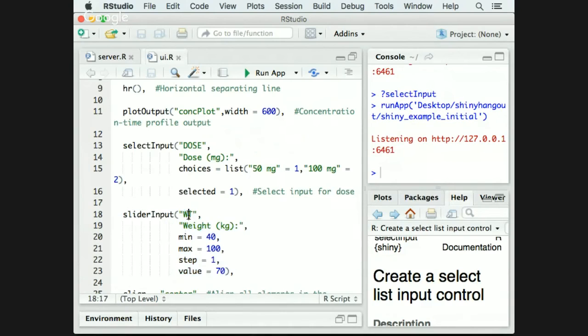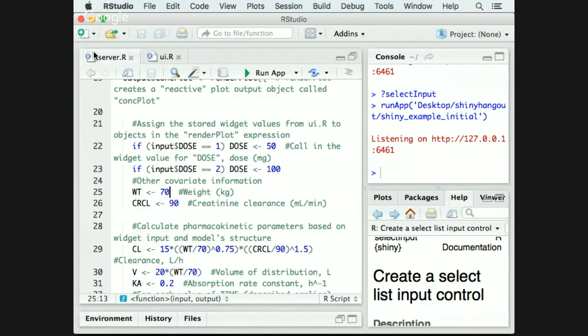However, weight in server.R at the moment is not linked to the input value for weight. So all we need to do here is, instead of having it as 70, we'll make it input$weight. And now this weight will change depending on the slider that was defined in UI.R. So when we run it,